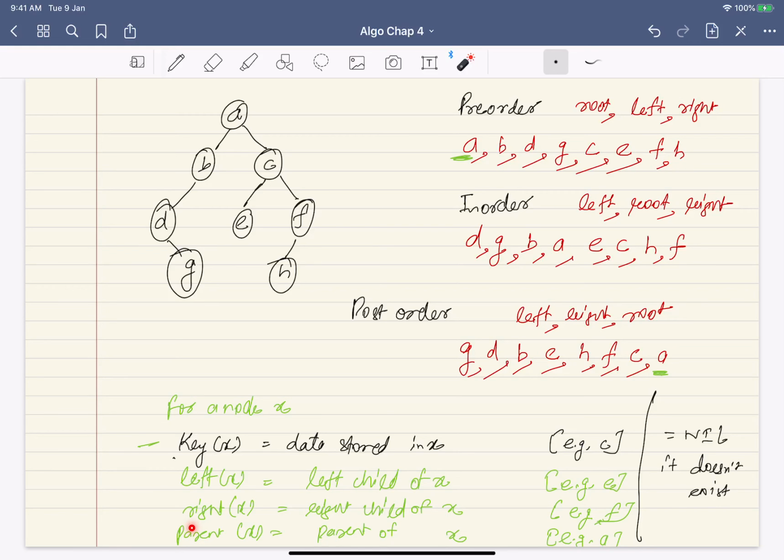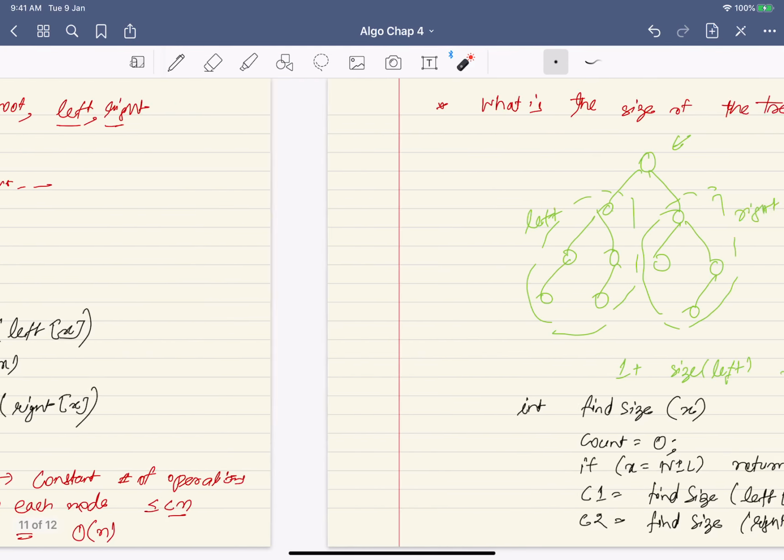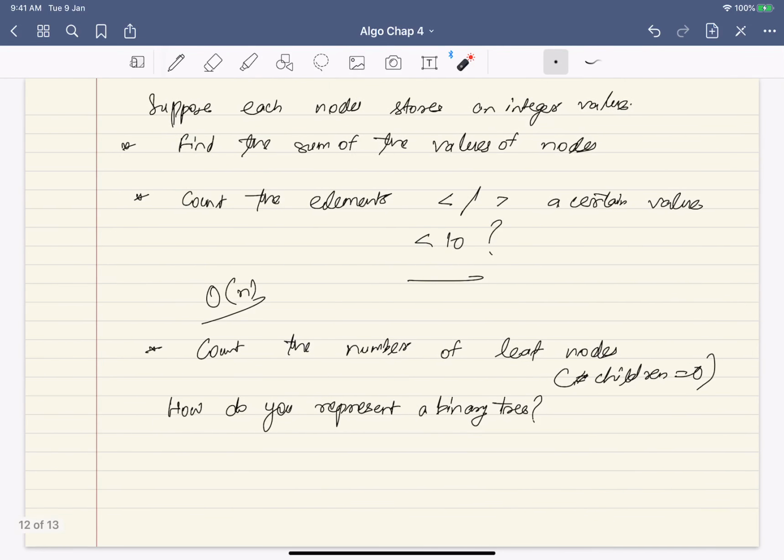Okay, does that remind you of something? Where do you need a data and a pointer? So here you need 3 pointers, but where do you need a data and pointer? Yes, linked lists. So I can define it in a very similar way as I defined a linked list. So you can say typedef struct node.